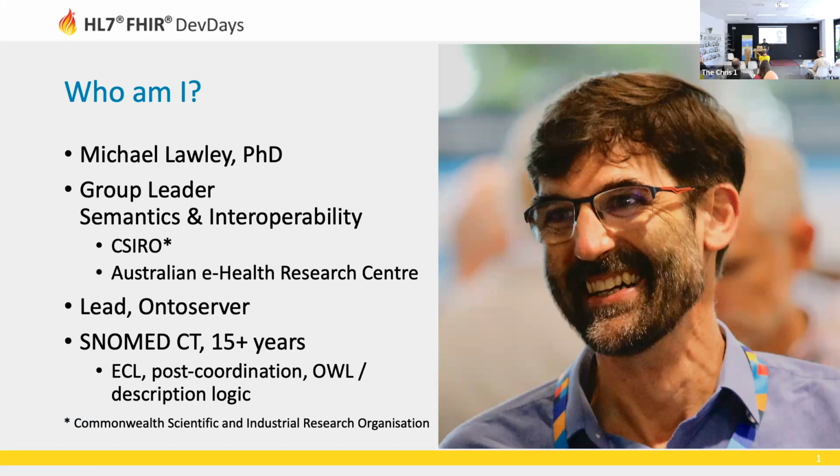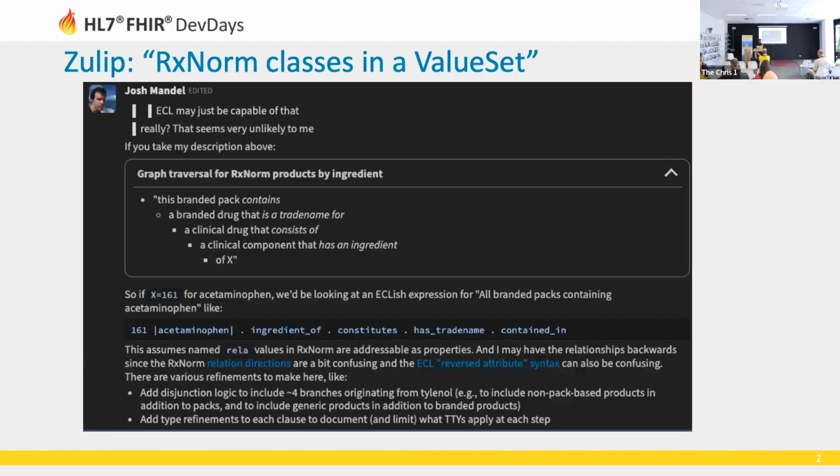So I'm Michael Lawley. I'm a research group leader from CSIRO. CSIRO is Australia's national science agency. I work in the digital health program. We do semantics, interoperability. I'm the lead on Onto server, the FHIR native terminology server. I've been working with SNOMED CT for about 15 plus years, and some of the sort of deep stuff there, so ECL, post-coordination, OWL, and description logic. So that's my background, and that's what I'm sort of bringing into this presentation, which is about